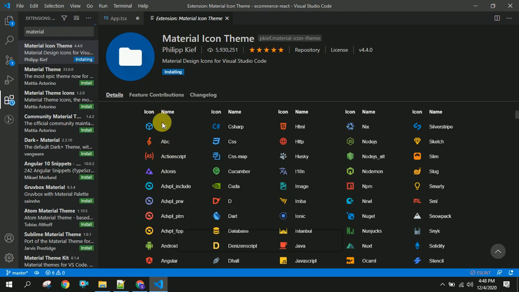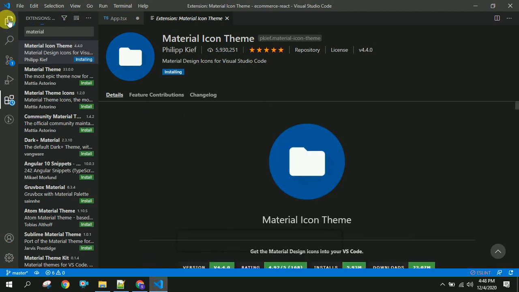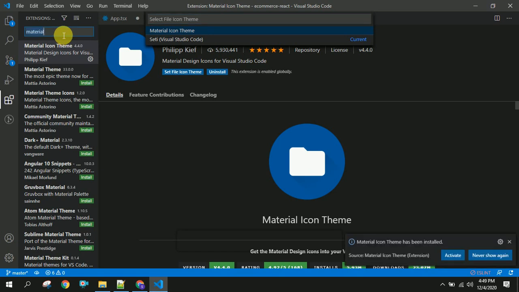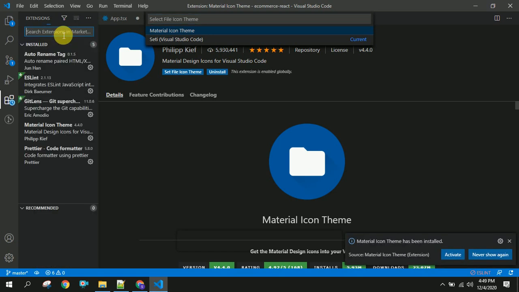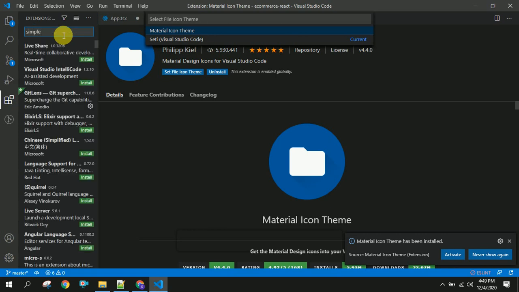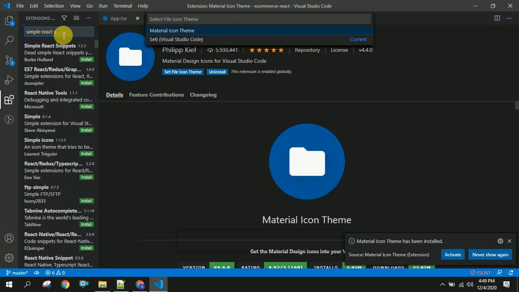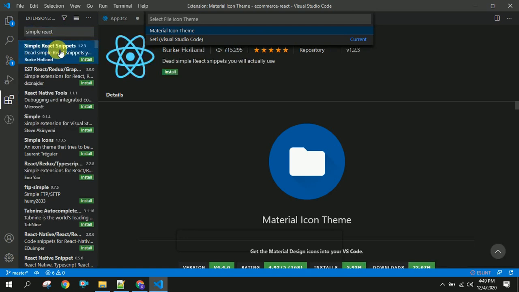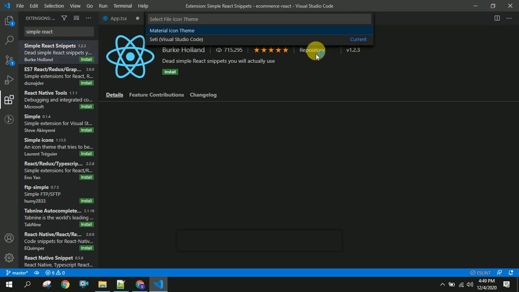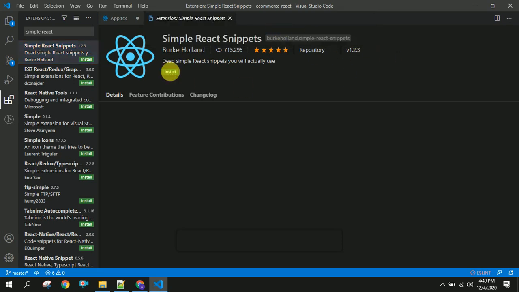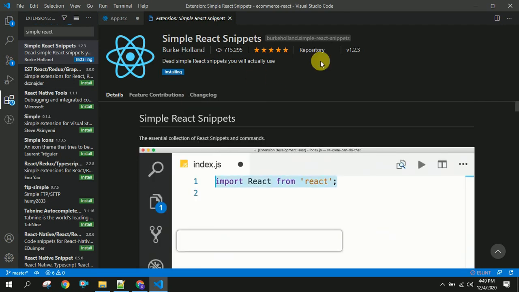The advantage is you can differentiate the folders directly by using these icons. And after this I am going to install Simple React Snippets. You can install this. Basically it will reduce the amount of code we are writing.